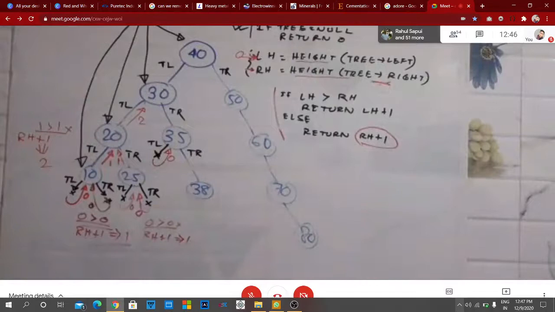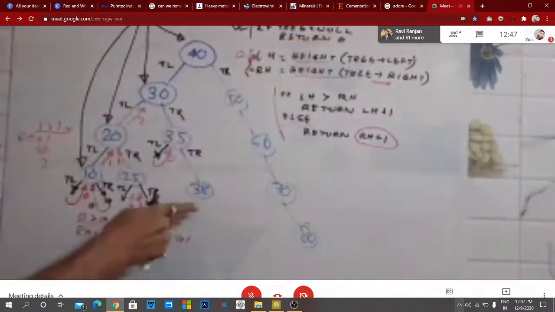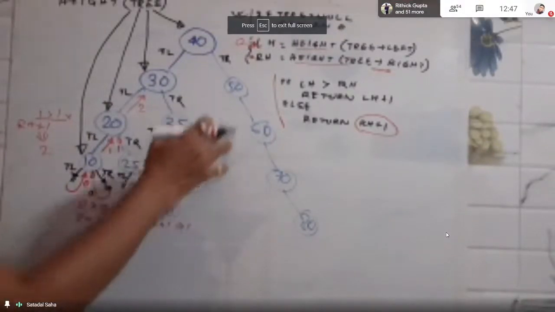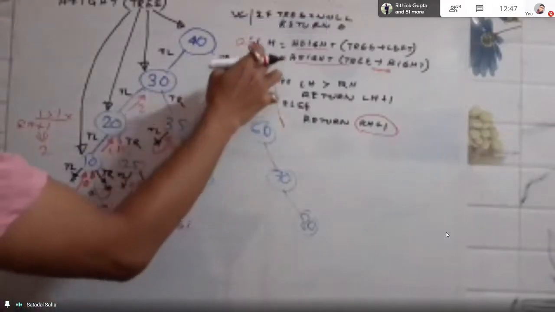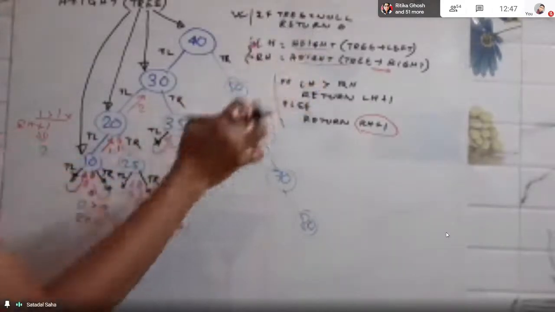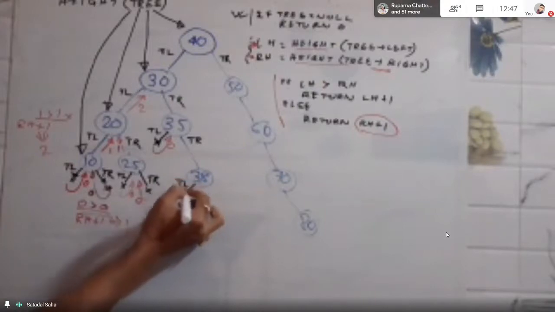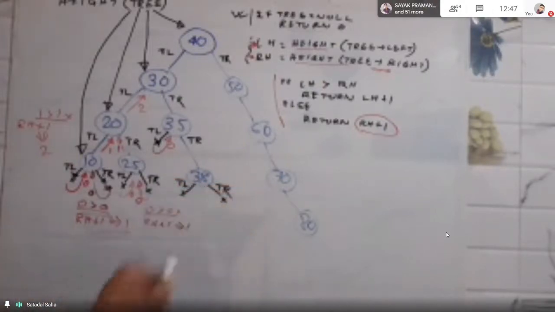So again, sitting at 35, we can see if tree equal to null, no, because it is having the value 38. Sorry, sitting at 38. Tree is null, no, because it is having the value 38. So it will again be in these two parts. That means it will call its left child and right child. So sitting at 38, it will call its left child or left subtree. It will also call its right subtree. Both are null. The same situation will occur.